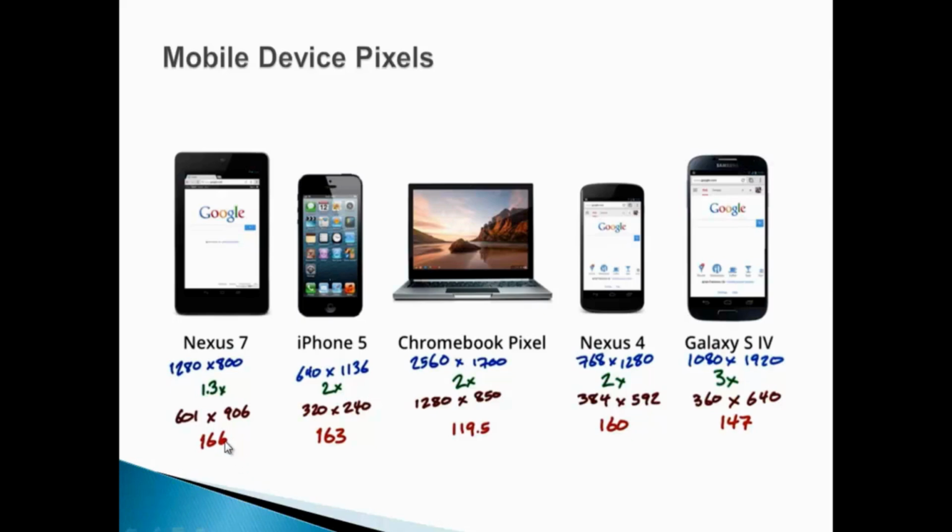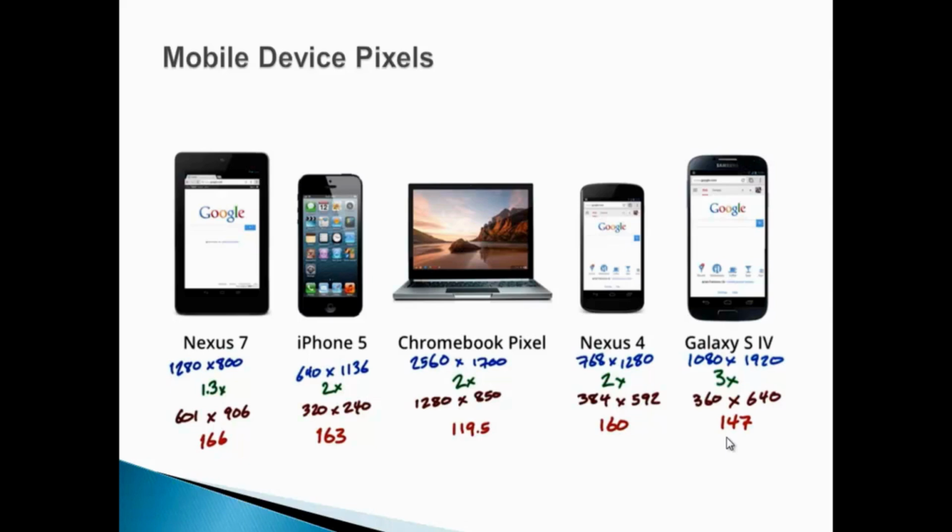The Nexus 7 has 166 and the iPhone 5 has 163, while the Chromebook has 119.5, the Nexus 4 has 160 and the Galaxy S4 has 147. You will note that almost all the mobile devices are very close to 160 device independent pixels per inch.